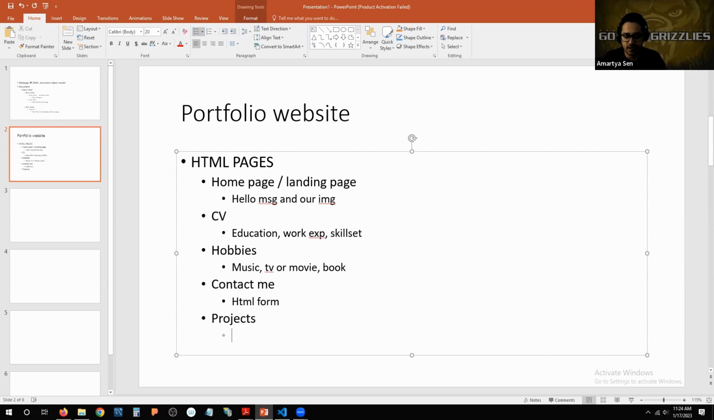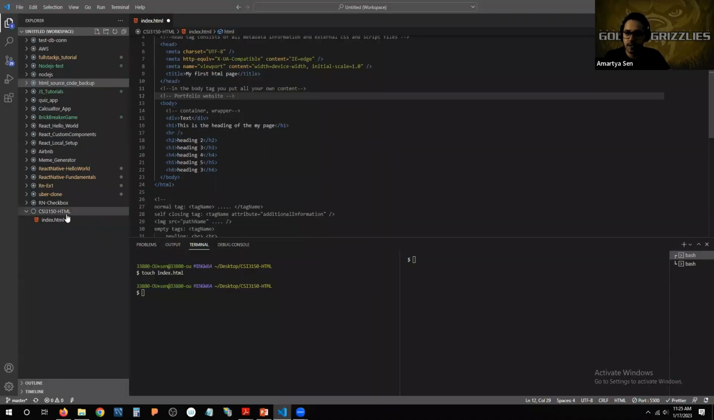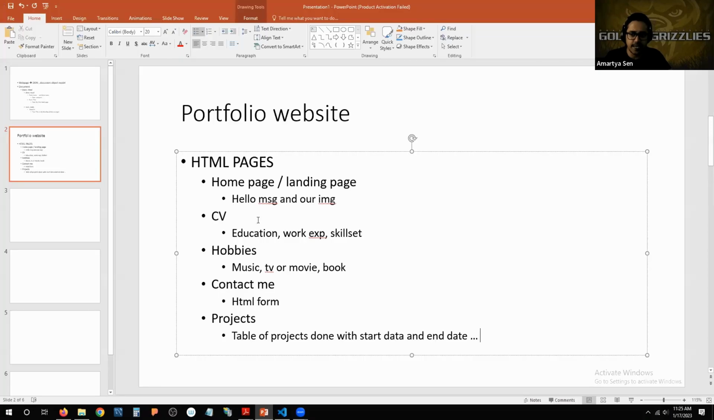And then projects, it's basically a list again. But what we can do here in order to learn something out of it, we can give a table of projects done with start date and end date, something like this, right? So this is the whole project that we're trying to do, and through this we will learn all of the different stuff of HTML. Okay, so the first thing that I always suggest is set up your project folder. This is a sketch which is decided on, right? And we know that these are the different pages that we are working with. So how many do we have? 1, 2, 3, 4, 5. Okay,